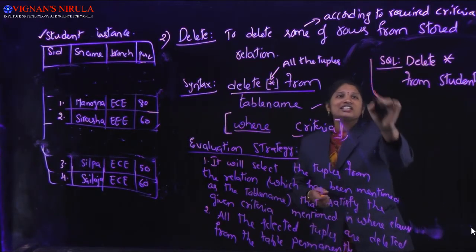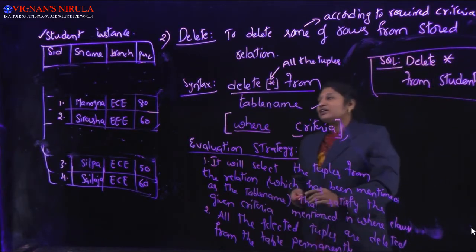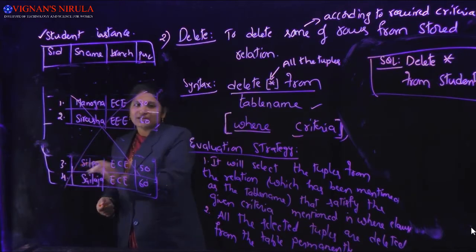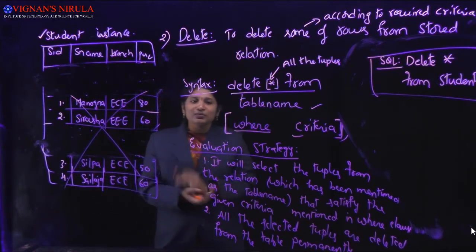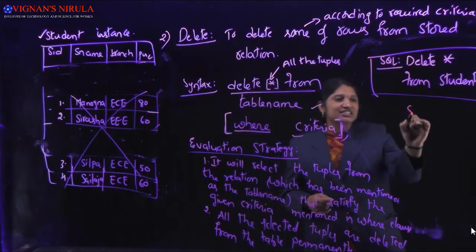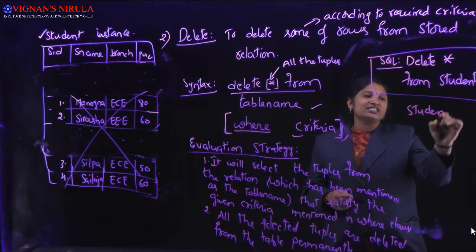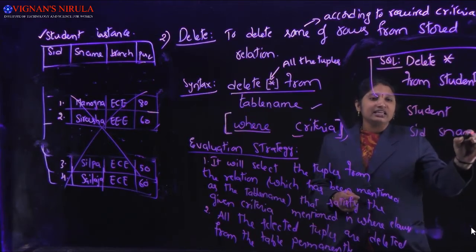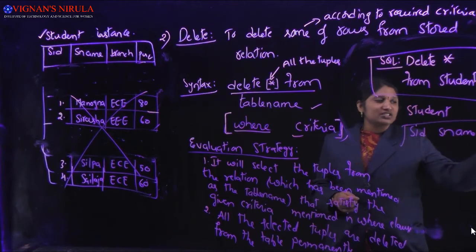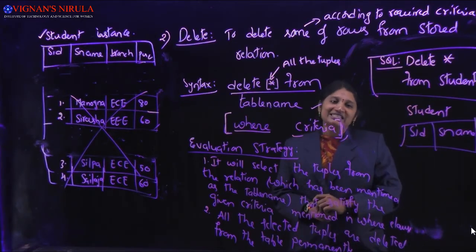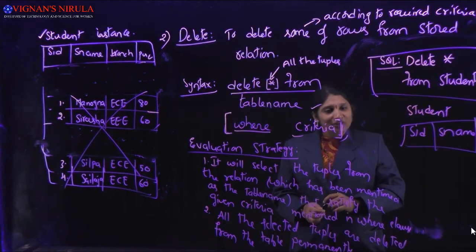So now it is going to delete all the tuples from the student table. After this delete command has been executed, the 4 tuples that were in your student table are all deleted. Now the student table is empty, consisting of just the schema itself, that is SID, SName, branch and percentage, without any tuples. That is the purpose of delete star. So this is about the delete command.